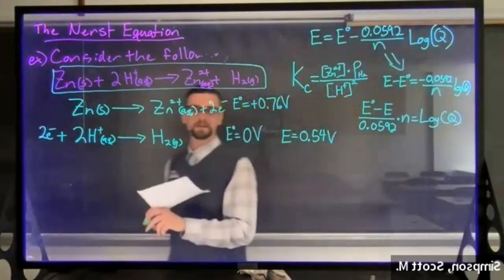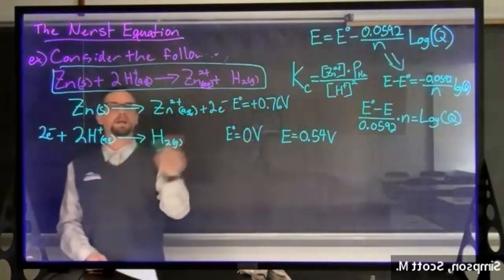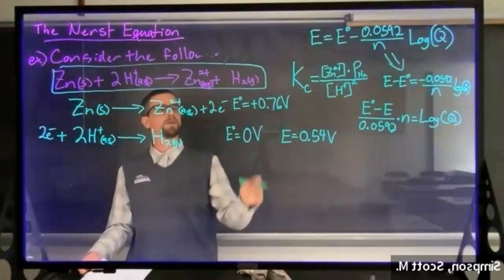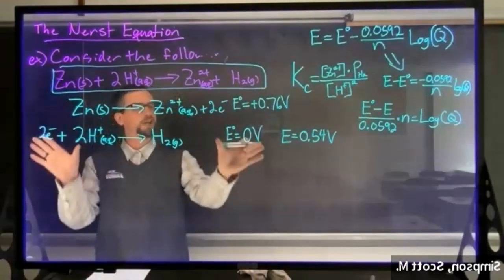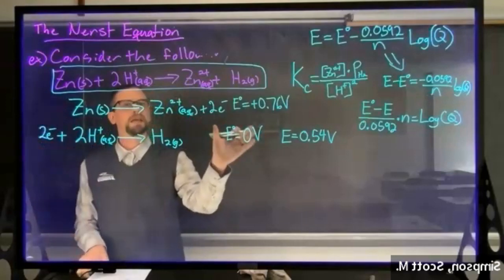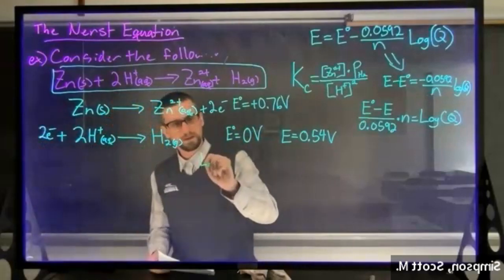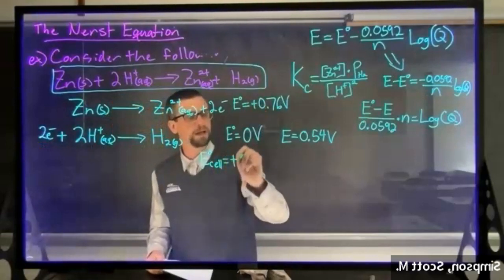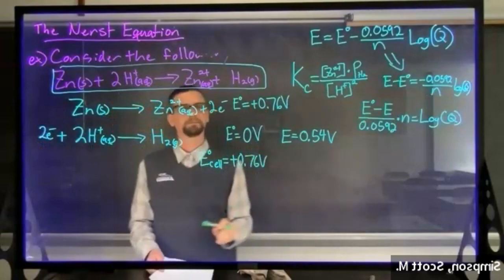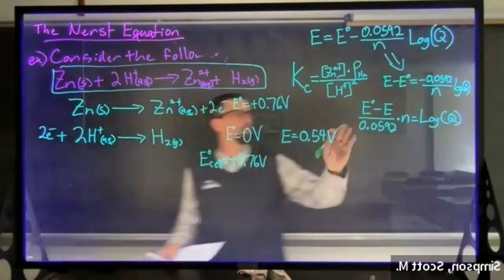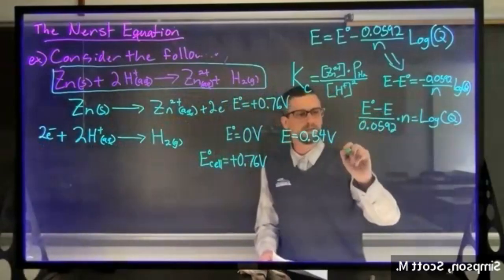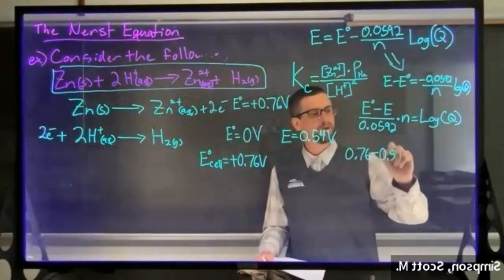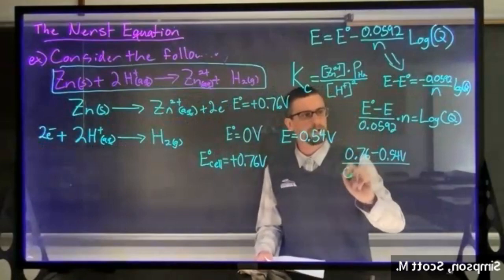Okay, in order to find this, what we have to do is sum these. Depending on how you like to define this, you can subtract them from one another. By flipping signs, I generally change the sign of these, but in this case, this is 0. So E0 for our cell is just the summation of these two things, so positive 0.76 volts. Okay, so now we have this information. We have our E0, which is 0.76. We're going to subtract off that 0.54 volts. We're going to divide by